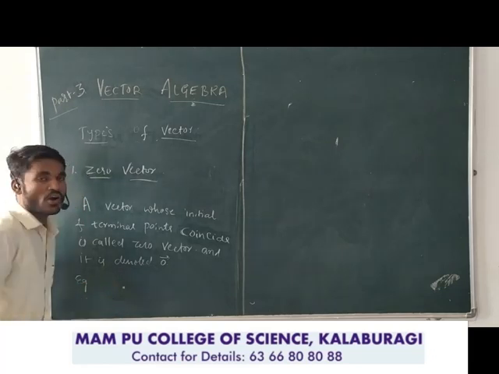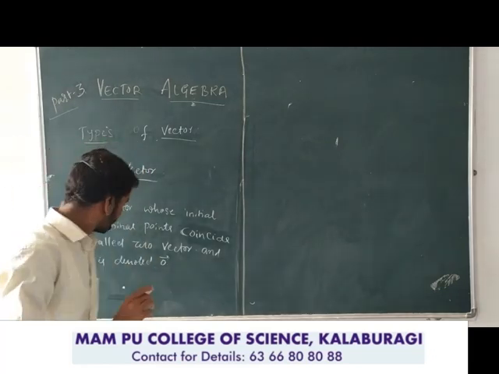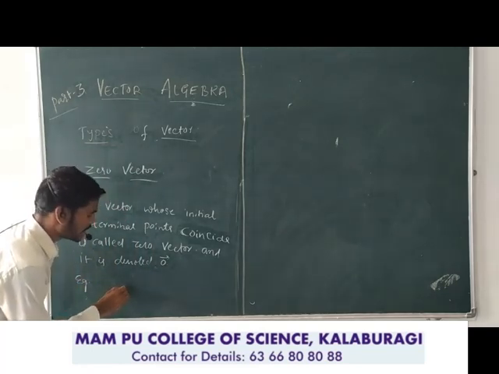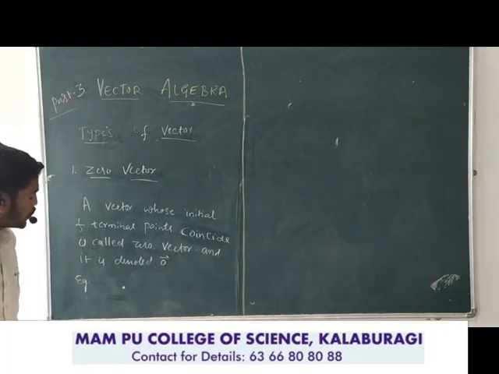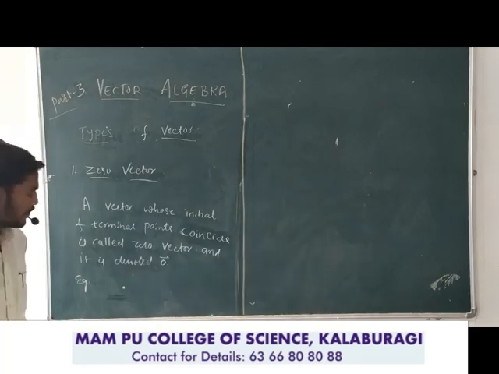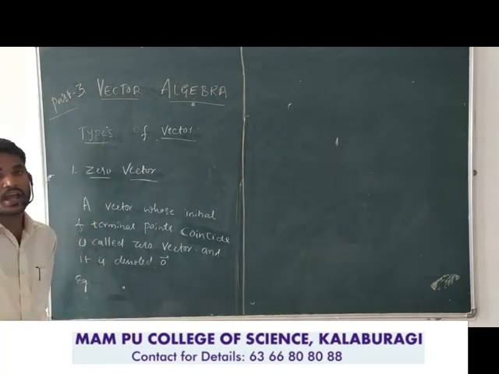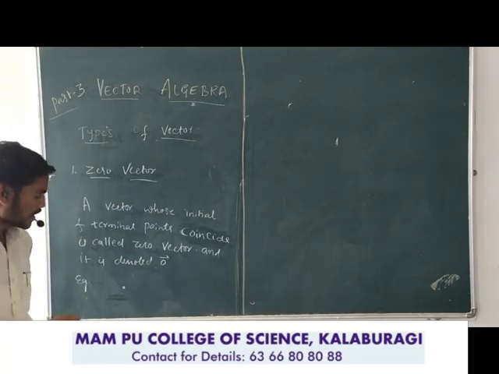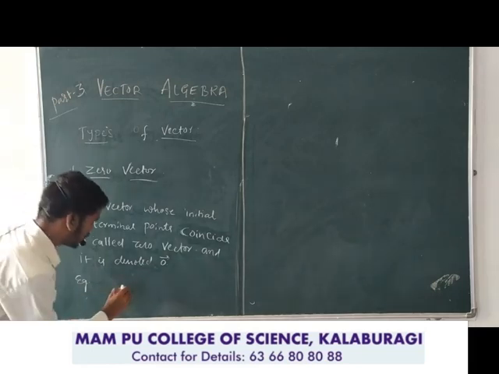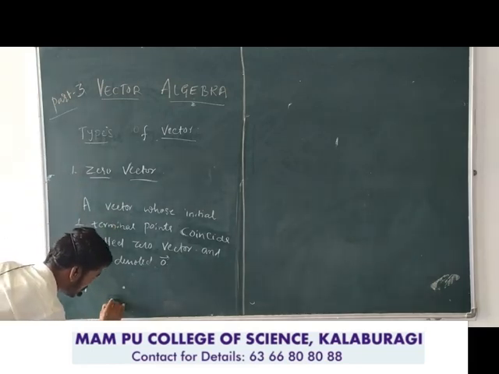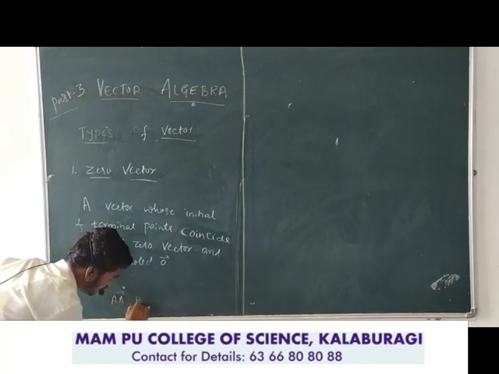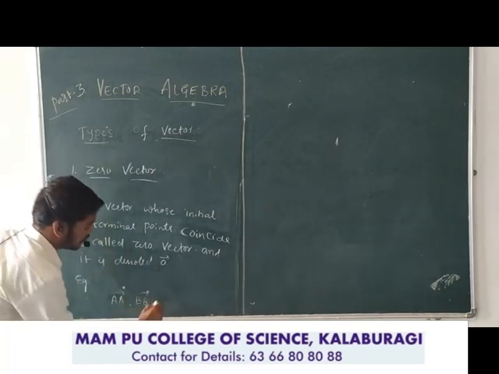The zero vector cannot be assigned a definite direction as its magnitude is zero. Otherwise, it may have any direction. Here, two conditions are there. A zero vector cannot be assigned a definite direction when its magnitude is 0. And otherwise, it may be any direction. It is called a zero vector and is represented as a vector, b vector, like this, and so on.